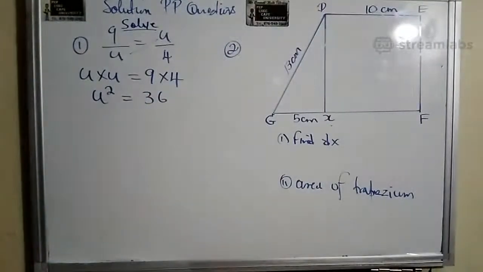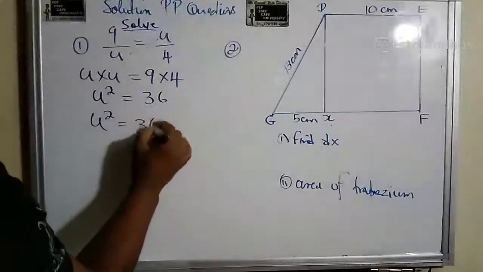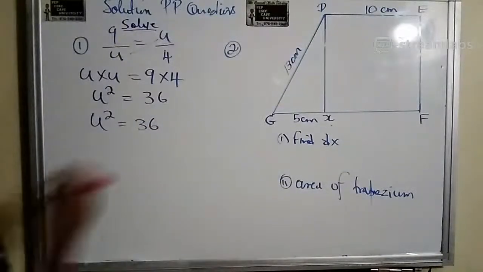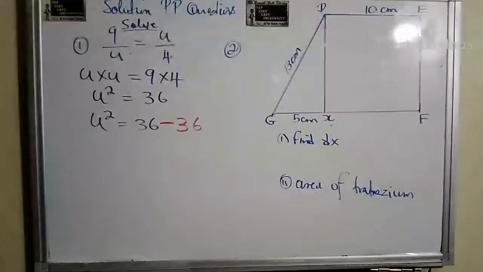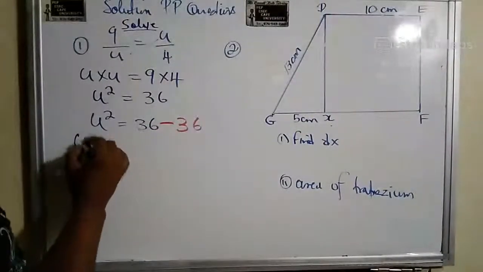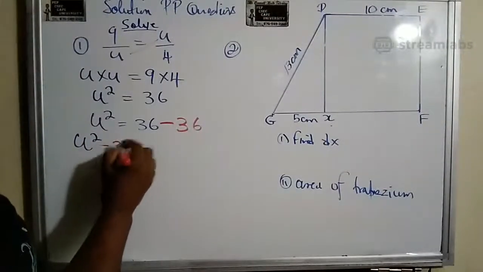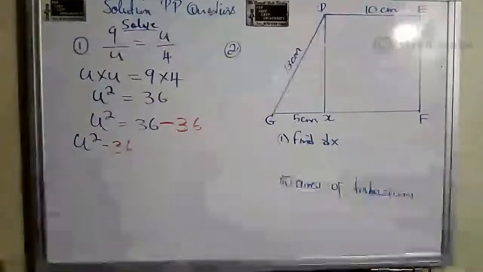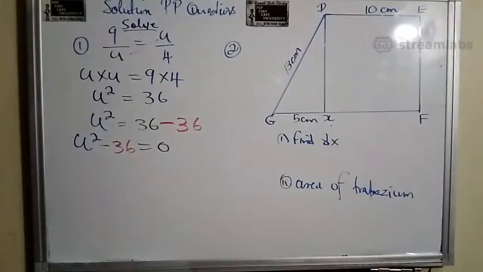Now we are not finished. What we need to do is to subtract 36 from this side. Alright, so it will be u squared is equal to 36. I'm showing all the steps, alright? Minus 36. What we do to one side, we do to both sides. So we're left with this u squared minus 36. And that will be equal to 0. Because 36 minus 36. Guys, if you look closely,